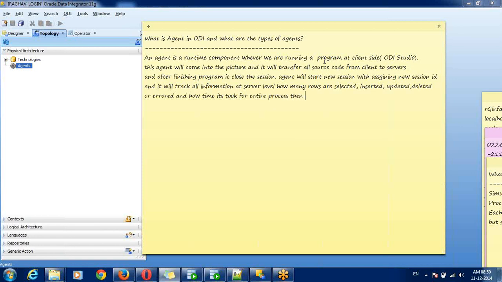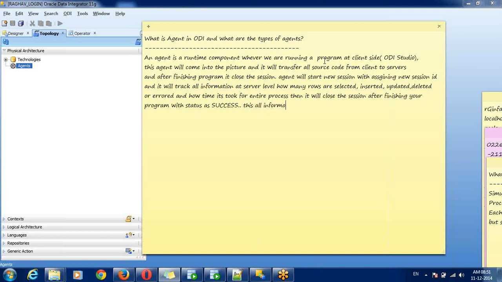After finishing your program, it will close the session with the status as success. All this information the agent will store into your work repository.